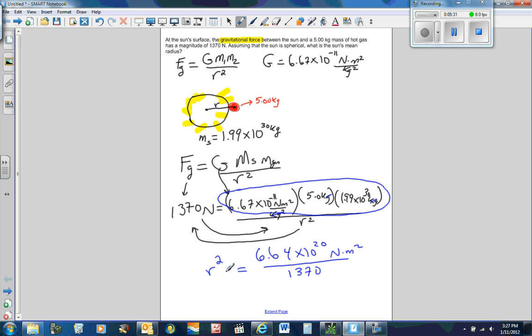Do not forget the squared. So I'm going to divide this number by 1370. When I do that, I get